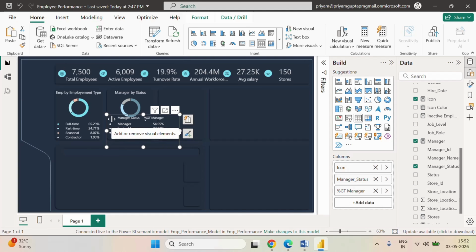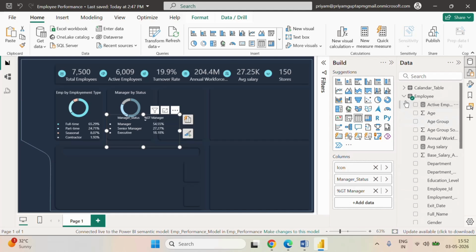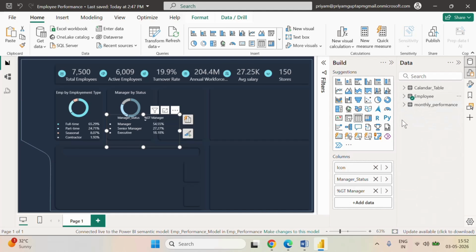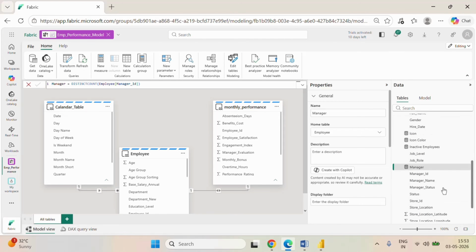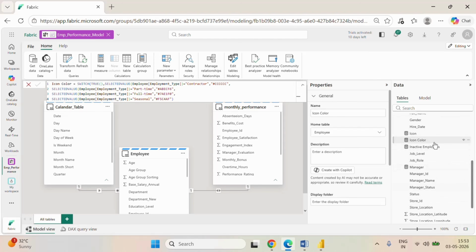Okay, so now we have to change the color coding. Now let me go and create a color coding for the same. Okay, now let me create a, also we are having this, let me copy the same,